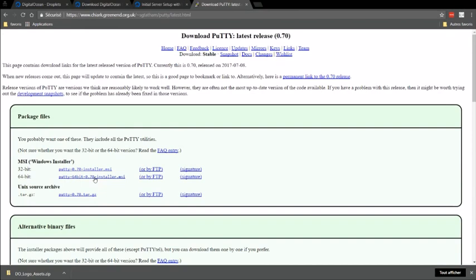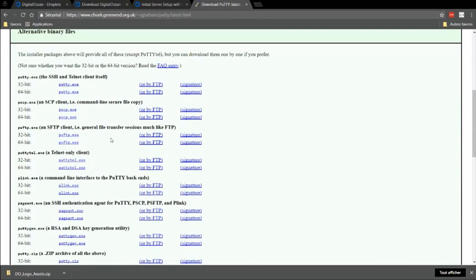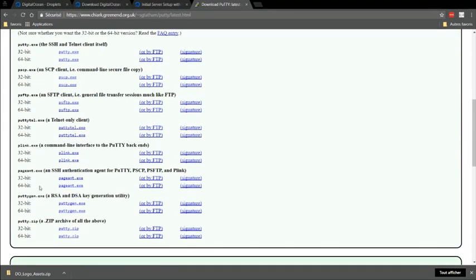You can install PuTTY with the installer here, whether you're on 32-bit or 64-bit architecture for your PC. So you have the installer. You can download it here, or even by FTP. And then we need PuTTYgen here for your architecture.